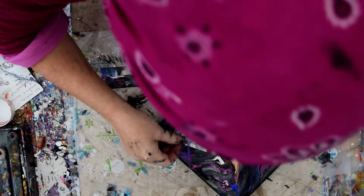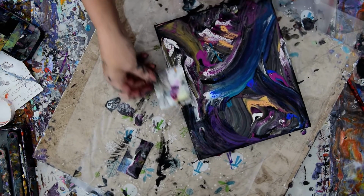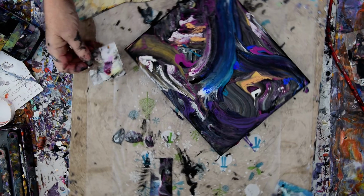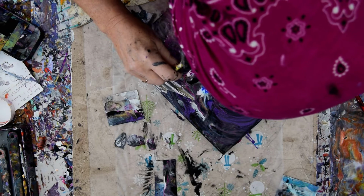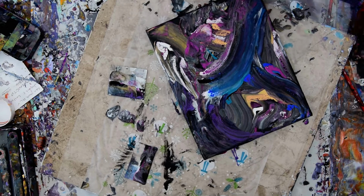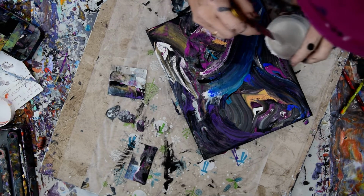Yeah, that was a double. But I'm not minding it either. It reminds me of one of my other pours. And I'm having a good time. And I think I'm going to grab a straw. That did not work out exactly like I had in mind. But I want to play with this